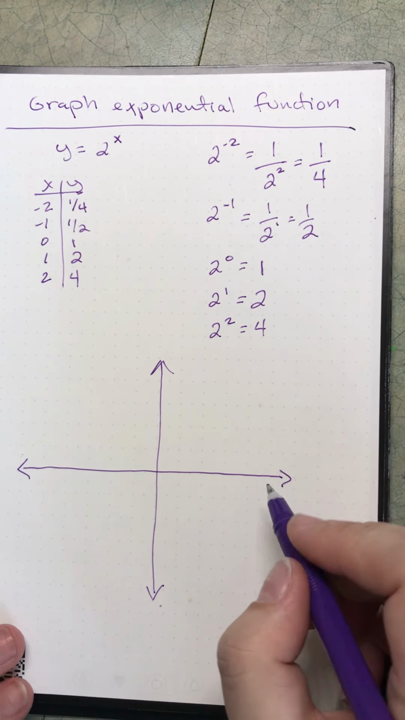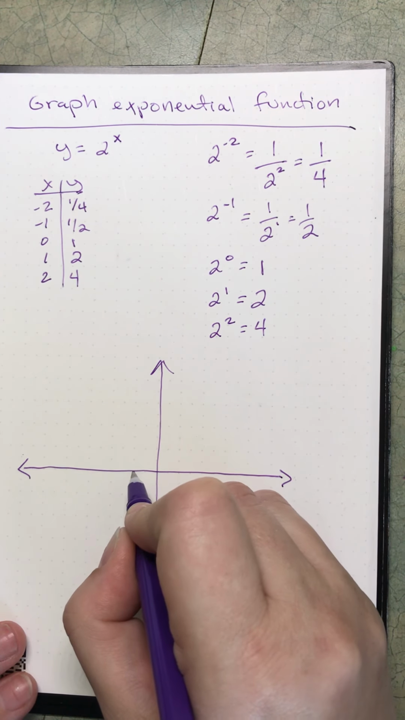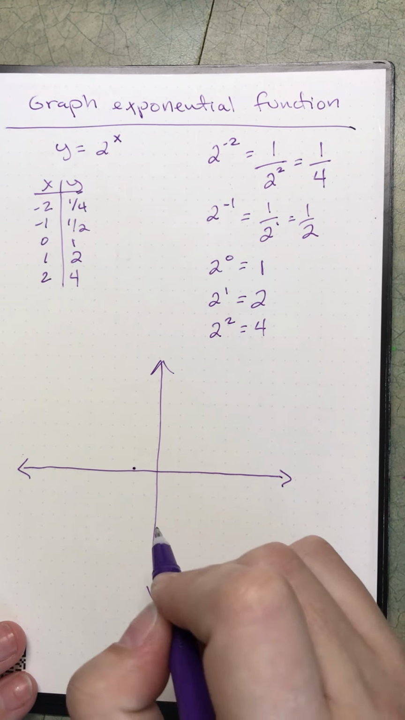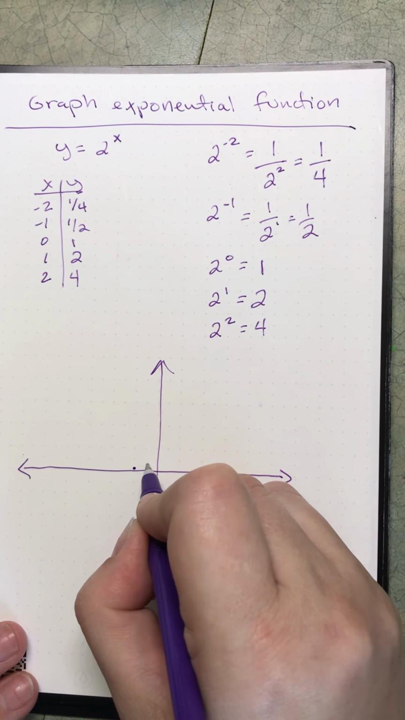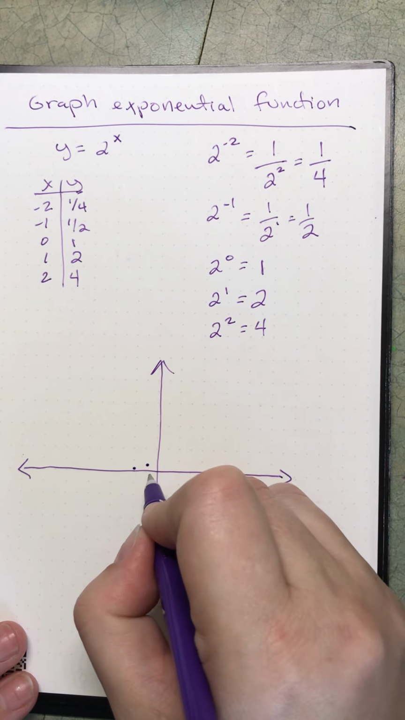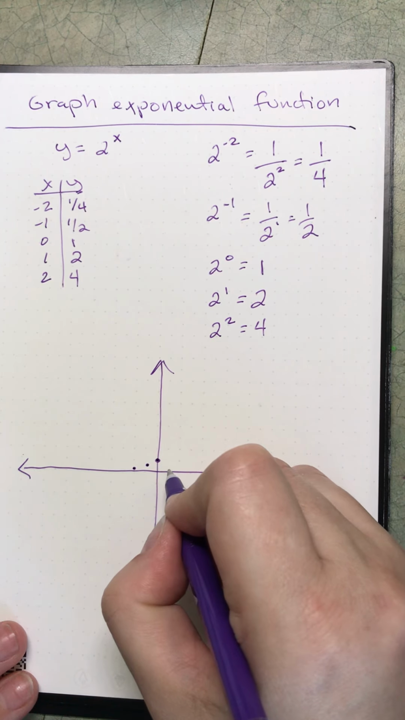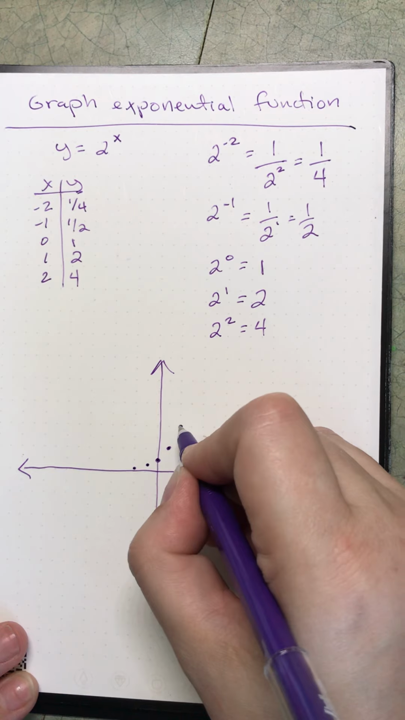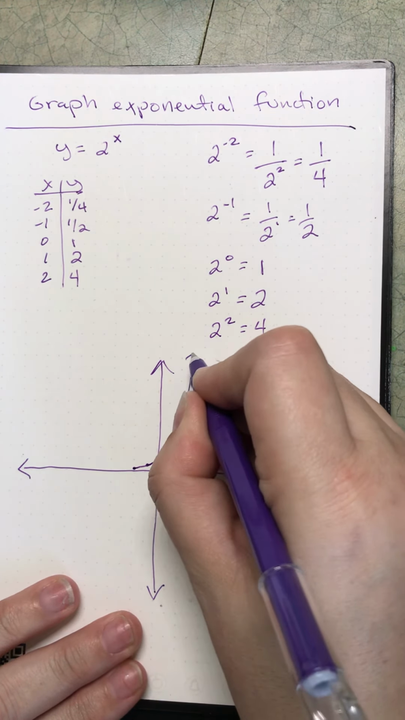So I have -2, 1/4. Well, 1/4 is a quarter of the way between 0 and 1, so it's just barely above the x-axis. At -1, I'm at 1/2, so I'm halfway between 0 and 1. At 0, I'm at 1. At 1, I go up to 2, and at 2, I go up to 4. So you end up with this curve, like this,